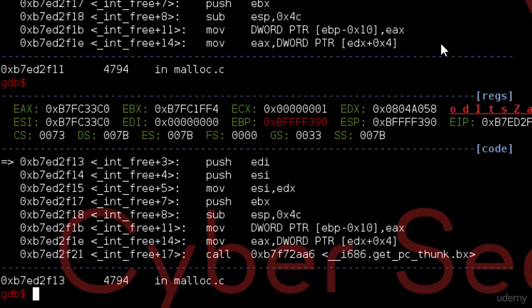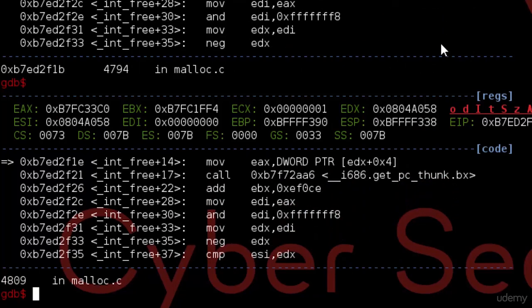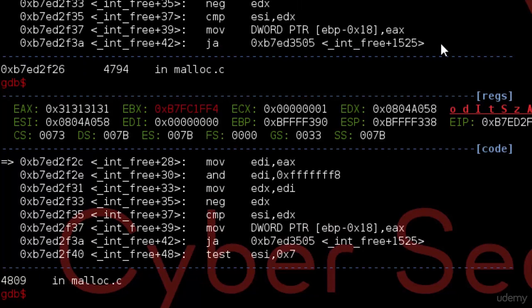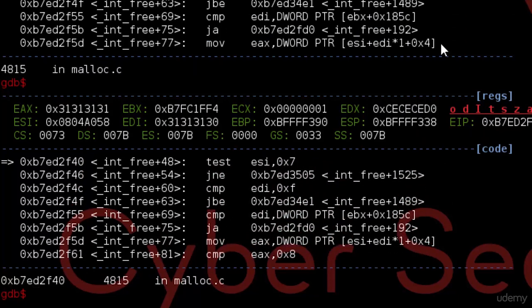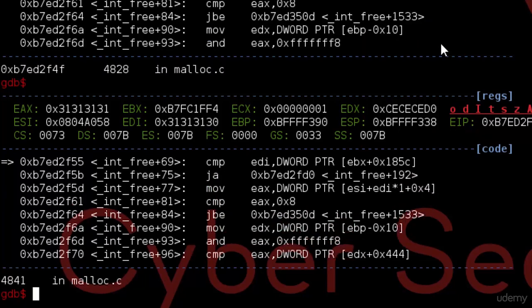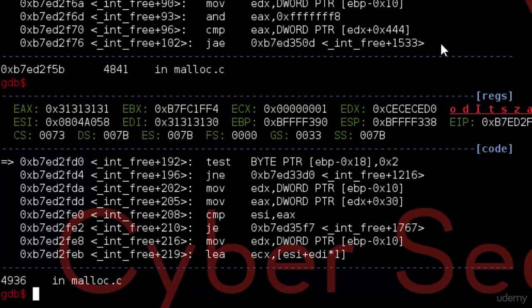We keep executing, and right here we're gonna see that EDX, which is pointing to our chunk, plus 4 is the size. That's gonna be copied into EAX. We see that EAX now is pointing to 31, 31, 31, 31, which is obviously not the size. It's corrupted. Then, if we keep digging, we're gonna execute multiple functions, not related. Here is gonna be the comparison with 16 bytes, as you remember, and then the comparison with 64. We take it because we are above 64, and eventually,